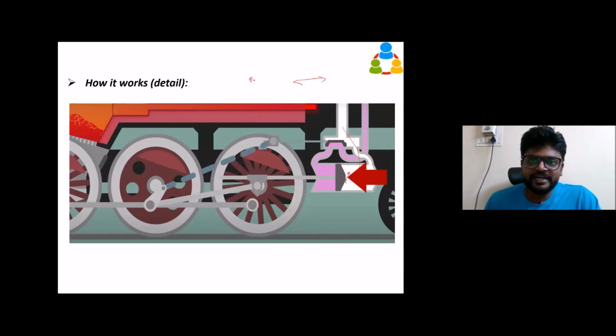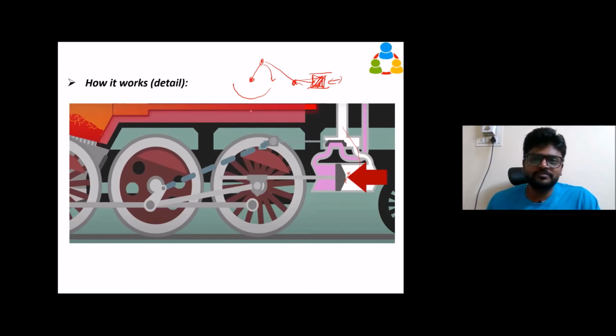If this is the center, and this is one rod, and this is another rod, and this is our piston block. When it is moving inside this, it is going to and fro, forward and backward. It will pull, and when it is pulling, it will make a radius, a circular motion. When it is coming back, it will again move in circular motion. It keeps on doing it. So the piston goes forward and backward only, but this crank will make a circular motion. From this only we are getting the output.